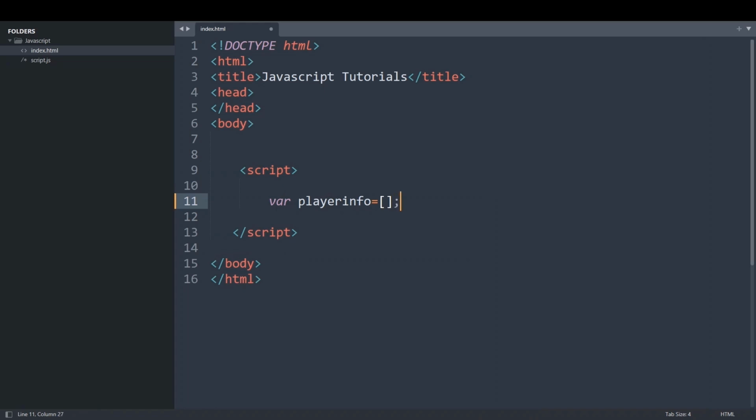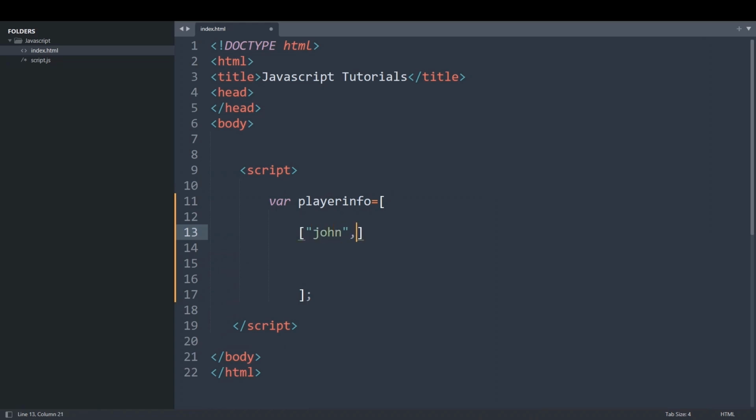Since this is a two-dimensional array, we need to write it like this. So inside this square bracket we'll give another square bracket. So here first we'll give the name. Let's say name will be John, and after the name we'll give the score. Let's say 45. So after this we'll give a comma. Then let me just copy this, and here we are going to say Adam, and his score is, let's say 75. Then again comma, and here we are going to say Sam,